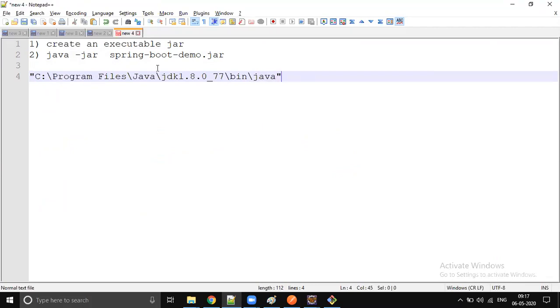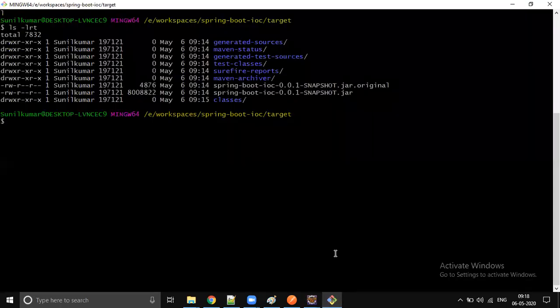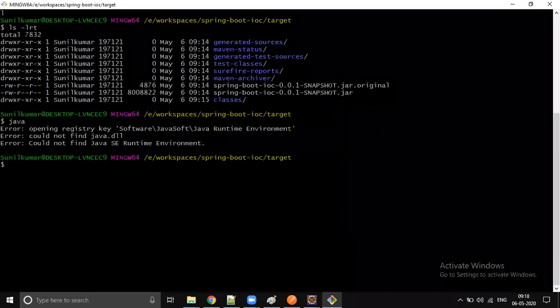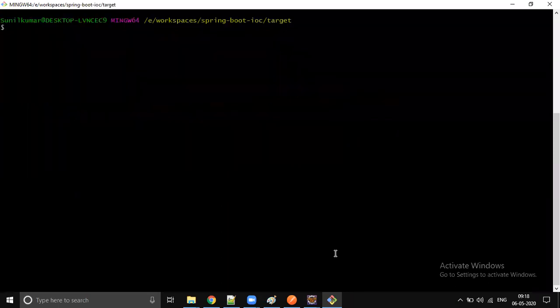If you don't keep it in double quotes, then we can't execute this Java command. Then java -jar. Why am I giving the full path? Why am I not directly executing the Java command? Any idea? Maybe Java is not in the classpath. Exactly right, Java is not configured as an environment variable. That's why I'm giving the full path.